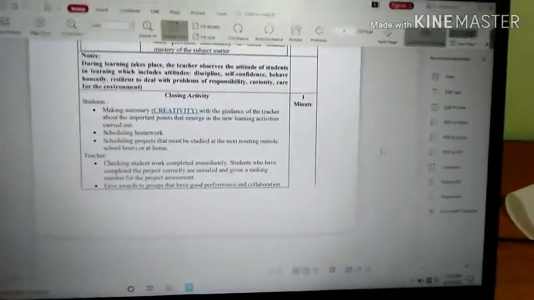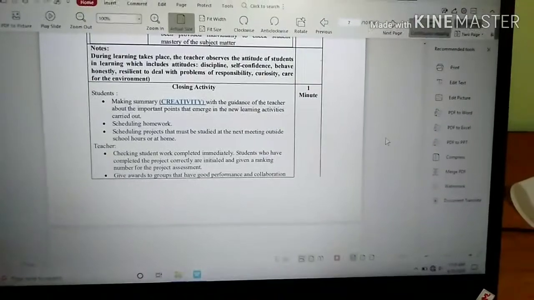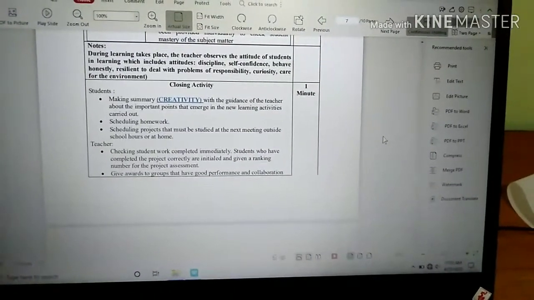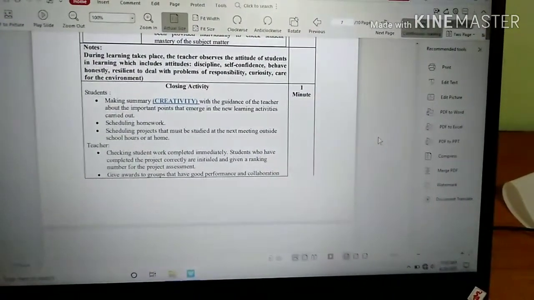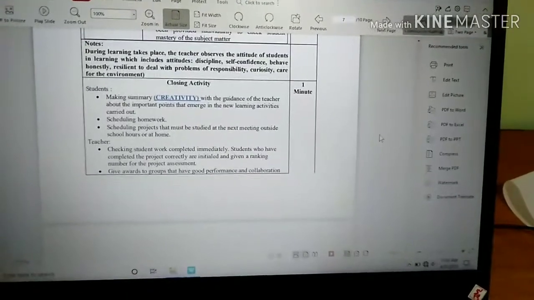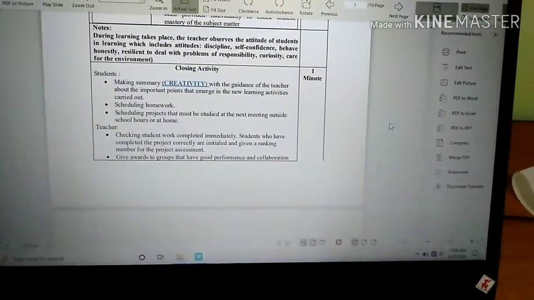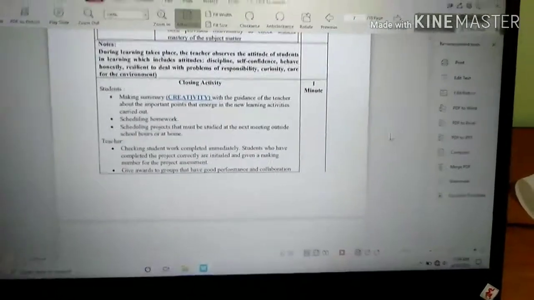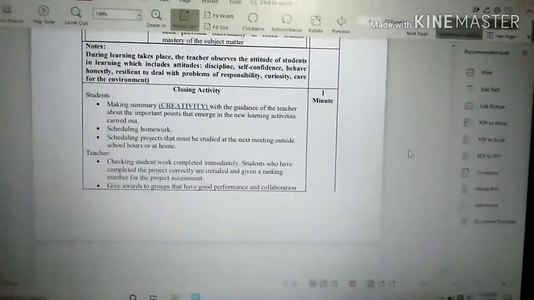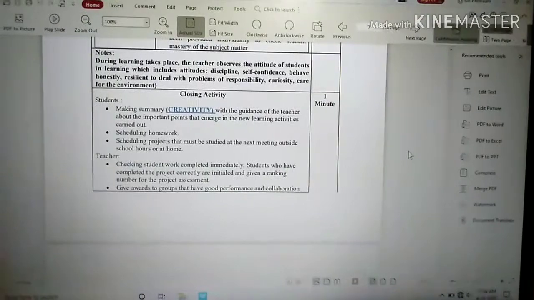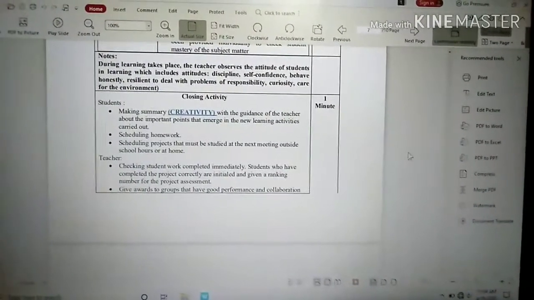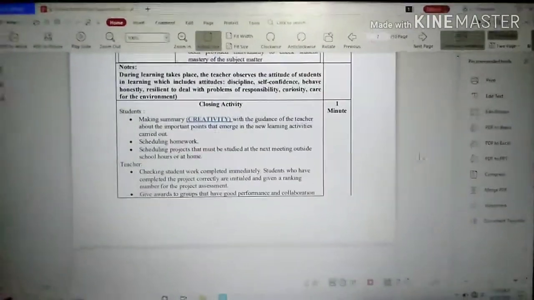The teacher checks student work completed immediately. Students who have completed the project correctly are entitled to and given a ranking number for the project assessment. Give awards to groups that have good performance and collaboration.